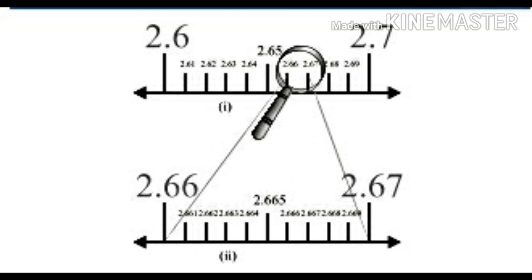We call this process of visualization of representation of numbers on the number line through a magnifying glass the process of successive magnification. The same procedure can be used to visualize any real number, whether it is a non-terminating recurring decimal expansion or a non-terminating non-recurring decimal expansion, on the number line. Hence, we can say that every real number is represented by a unique point on the number line. Further, every point on the number line represents one and only one real number.